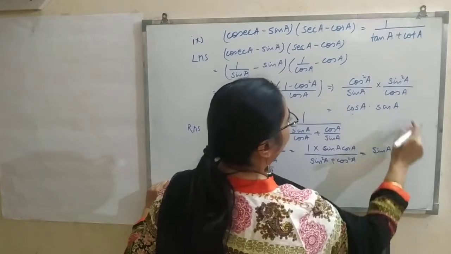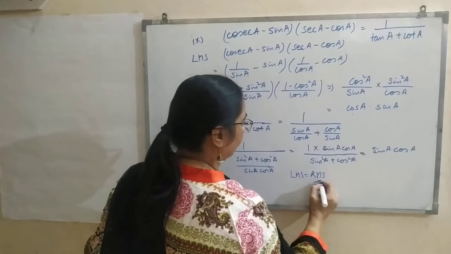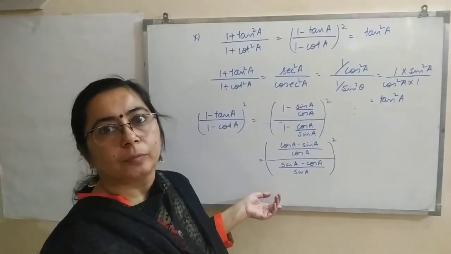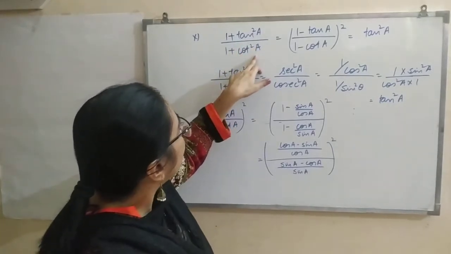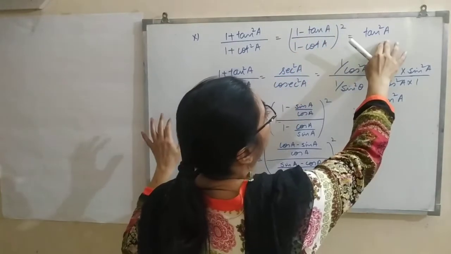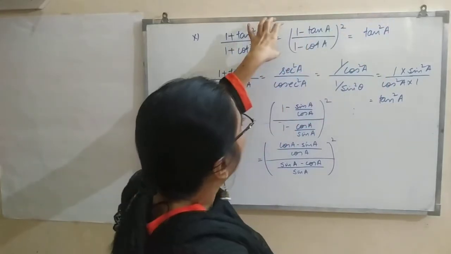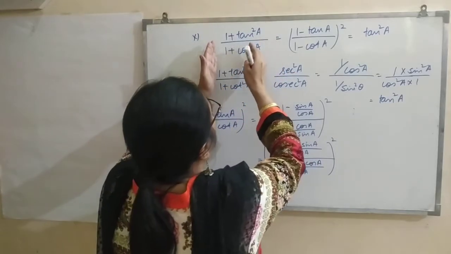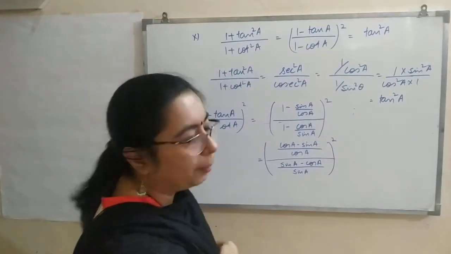So you can see the left hand side and right hand side both become equal, which proves our identity. So in this part we have moved separately to prove this identity. Now the last part: (1 plus tan square A) by (1 plus cot square A) is equal to ((1 minus tan A) by (1 minus cot A)) whole square is equal to tangent square A. Here we have three parts, so the two signs of equality are there. What we try to do is prove first part equal to third and second also equal to third, so all the three parts become equal in that way.